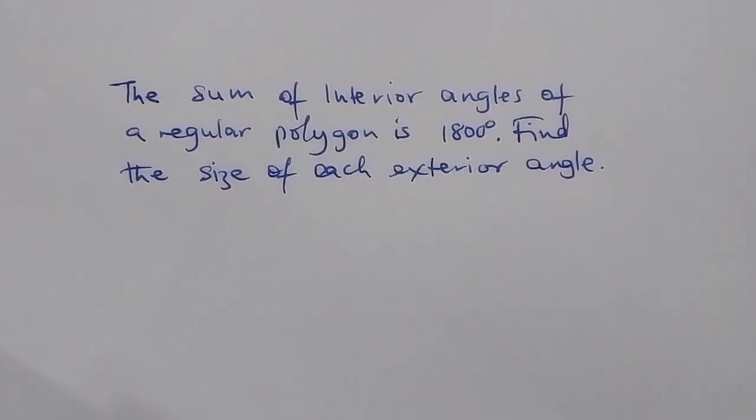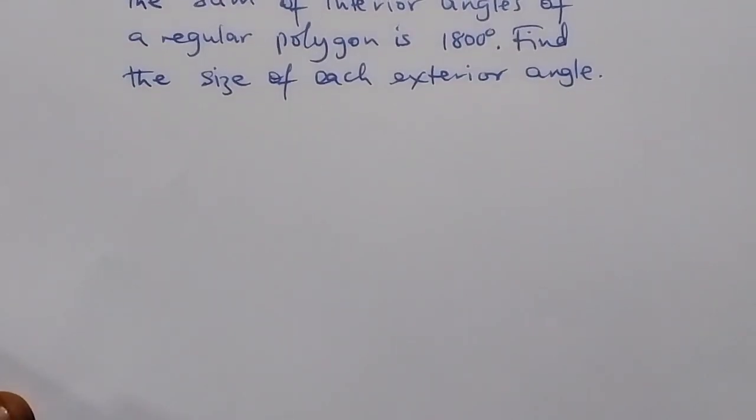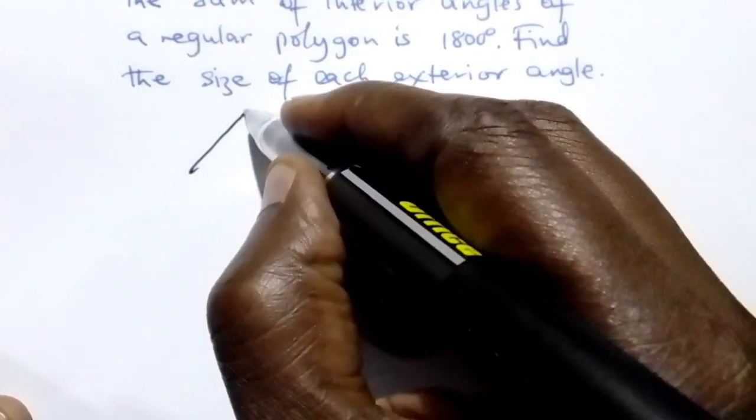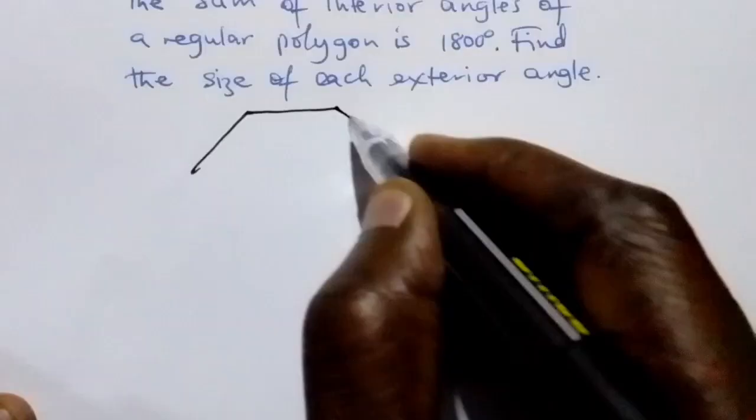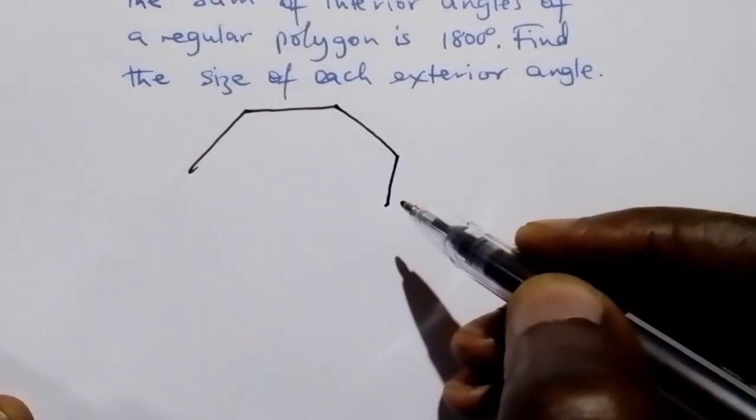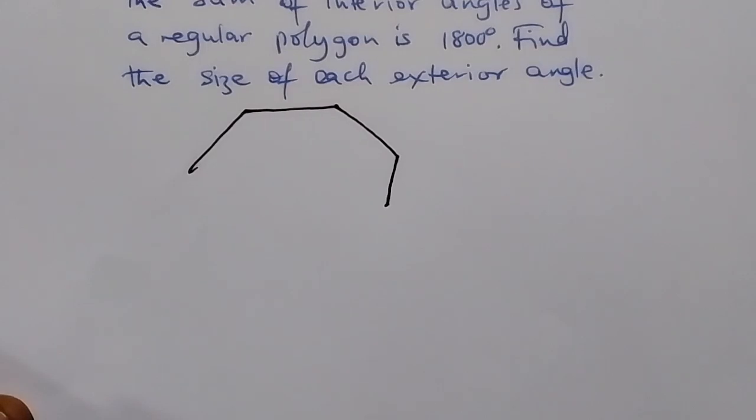The sum of interior angles of a regular polygon is 1800 degrees. Find the size of each exterior angle. The formula for finding the sum of interior angles of a polygon is